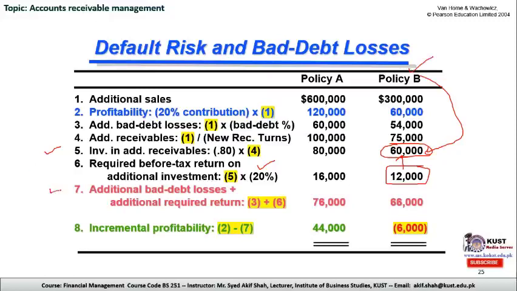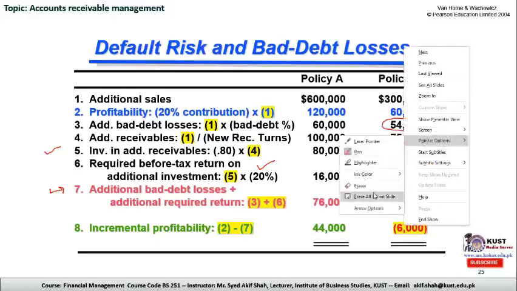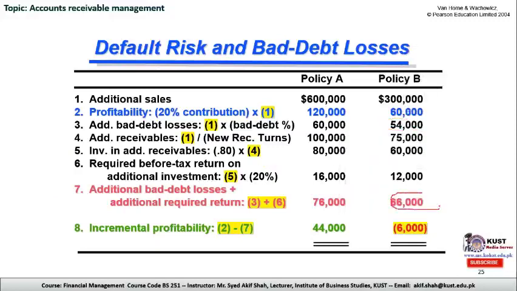The 7th step is to sum up the additional bad debt losses plus the additional required return. So we have to add up 12,000 as well as the bad debt losses of 54,000. If we sum up both the values, we have our total cost of this policy B, if we are further relaxing our collection towards 3 months. So the final step will be once again to compare the overall cost of the policy change